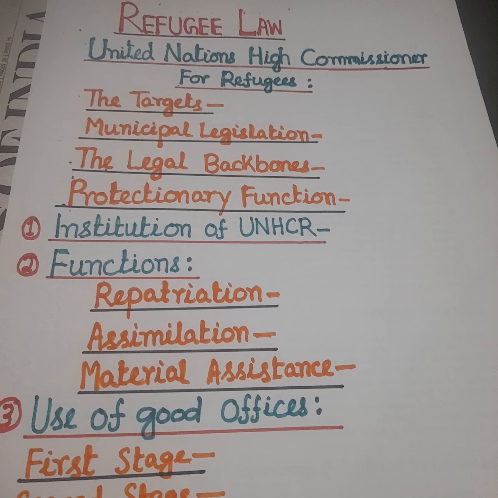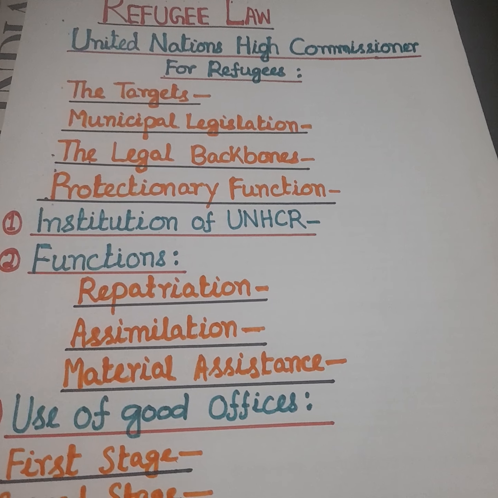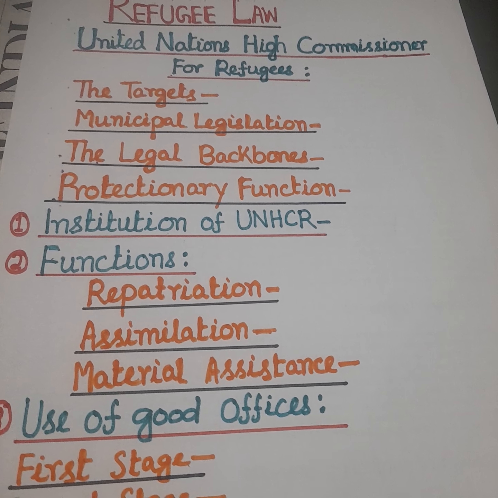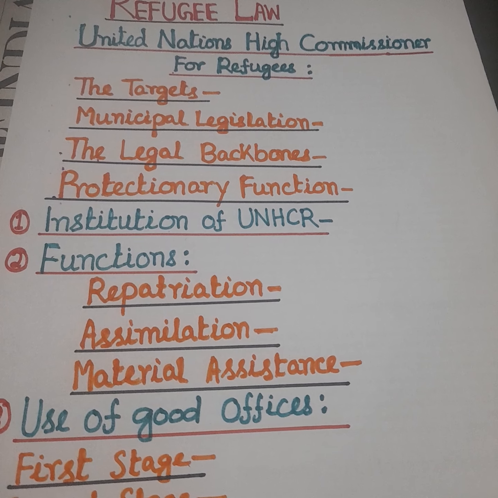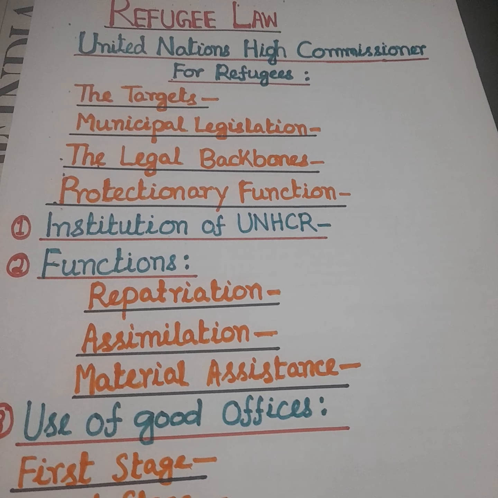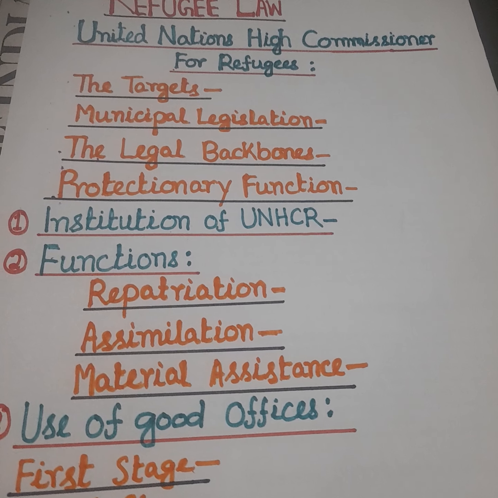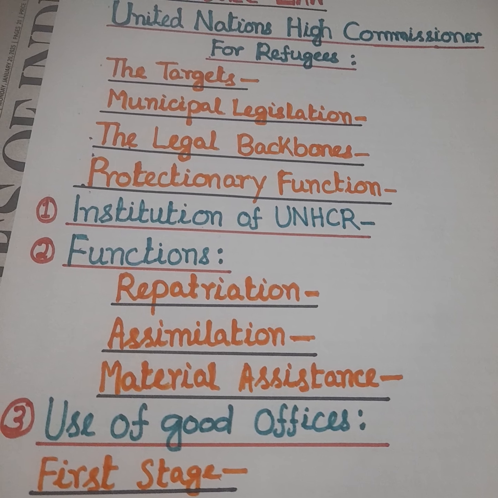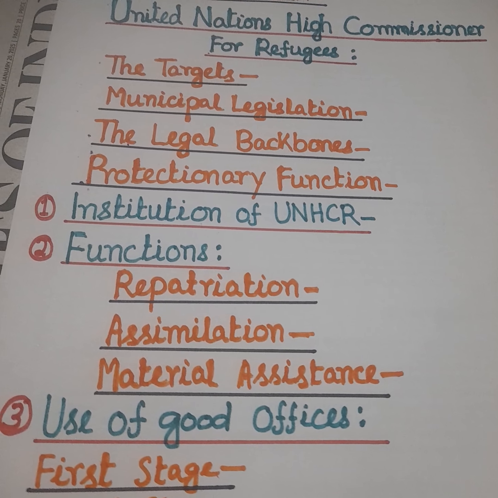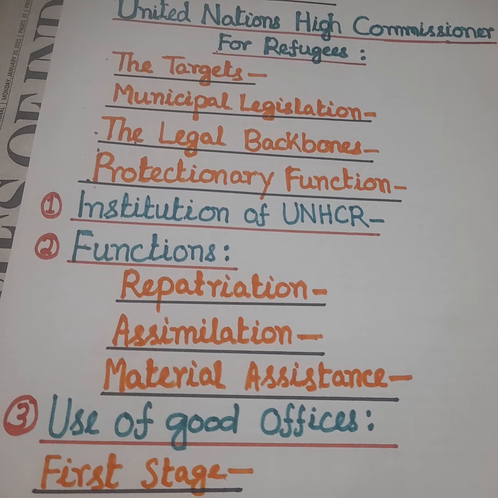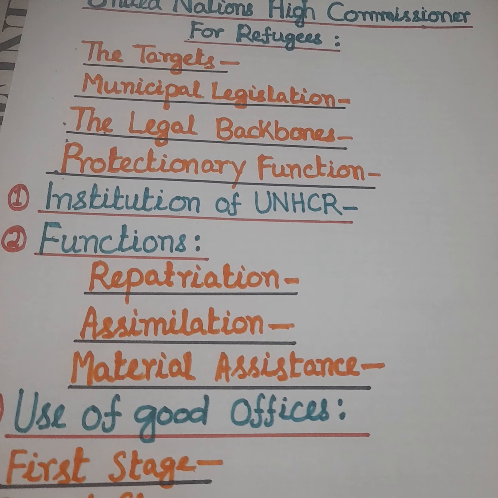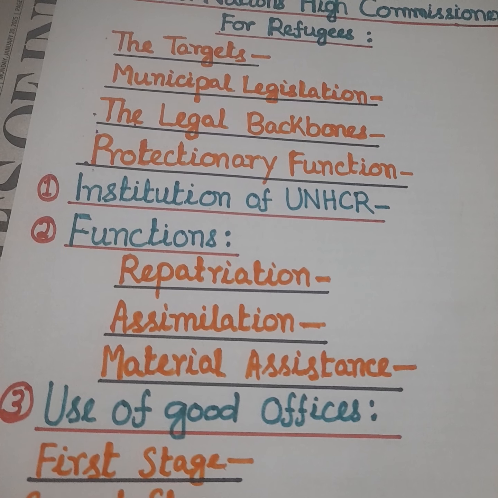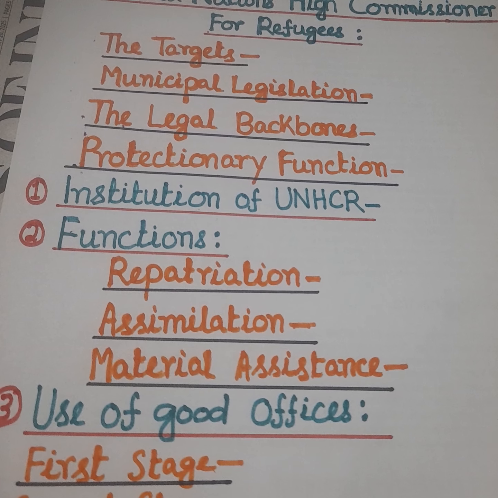This lecture is devoted to the role of the United Nations High Commissioner for Refugees in regard to the protection provided by the High Commissioner, a kind of international protection. It originated due to the First World War, when refugees were making their first entrance into international law. So it was entrusted by the League of Nations to the first High Commissioner for Refugees, who was instructed to define the legal status